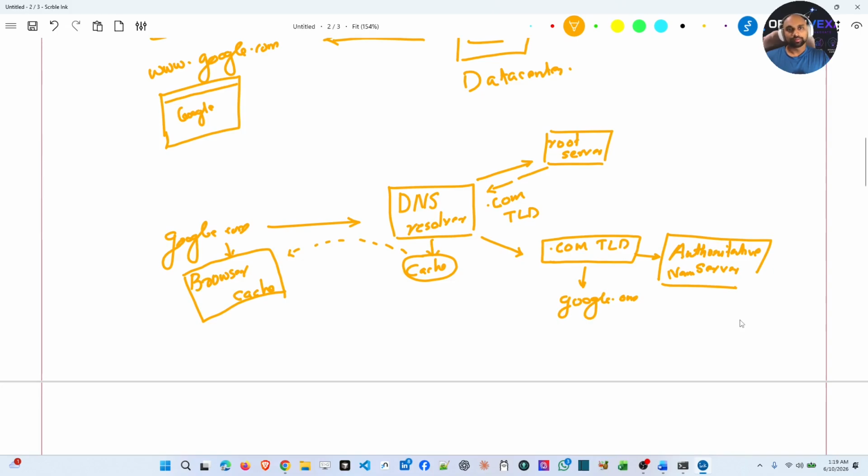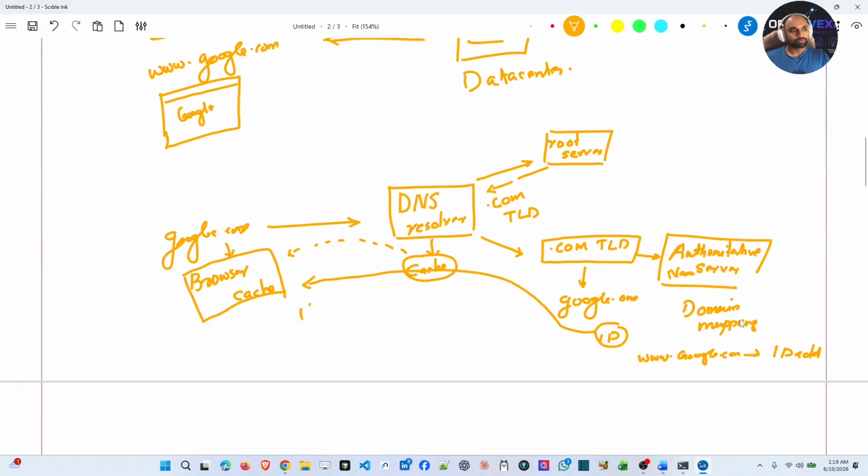The authoritative name server will have the complete domain details, the domain name mapping, meaning the domain address www.google.com to the IP address. Now I have the IP address, and this will be given